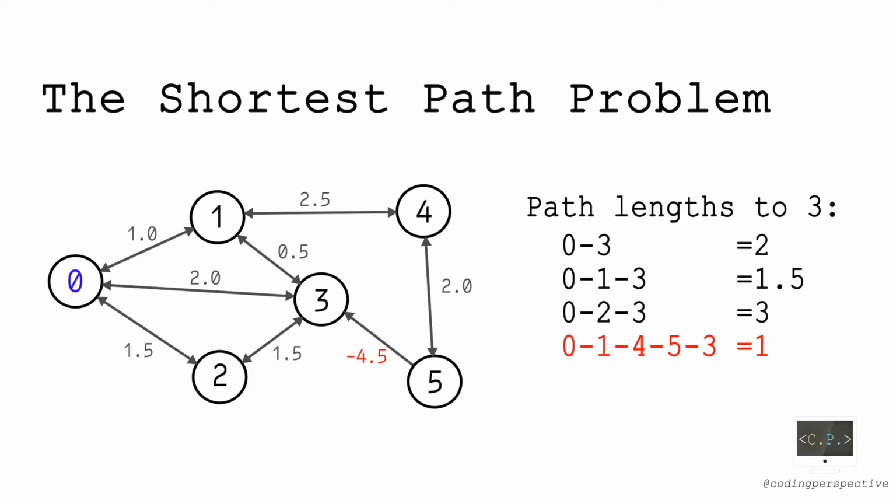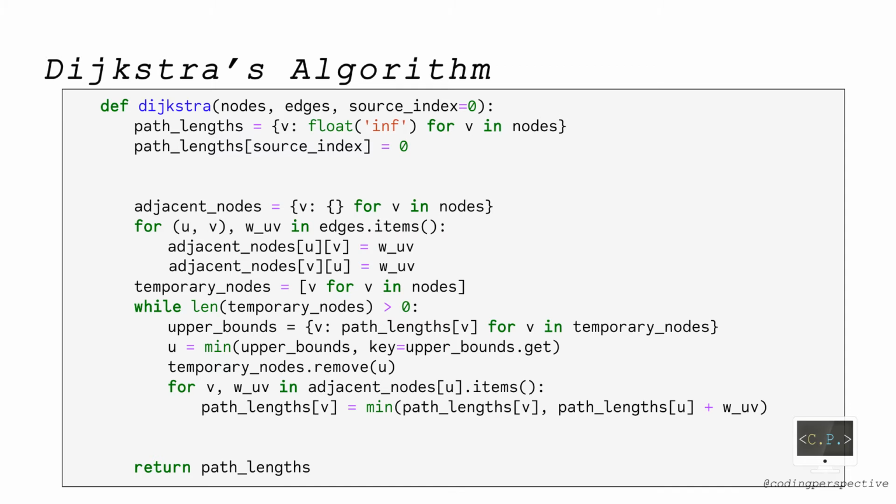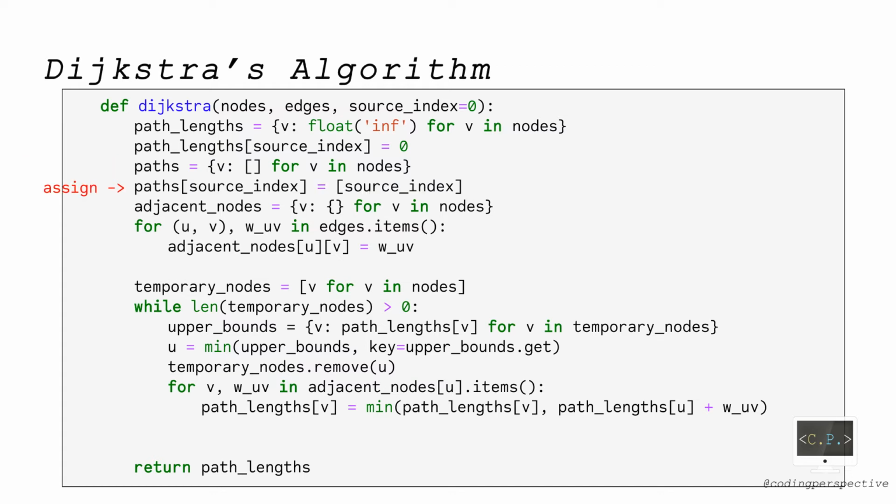To find out, let's use the Dijkstra function which we wrote in the previous video. Before running the function, we need to make some adjustments in the code. First, we need to change the way we construct adjacent nodes since the edges are not undirected anymore. To do that, we delete the second row in the for loop. Second, to obtain not just the shortest path lengths, but also the paths as an output, we initialize a dictionary called paths. The keys of this dictionary are the nodes, and the values are the shortest paths as lists to the corresponding node. We assign the path of the source node to itself.